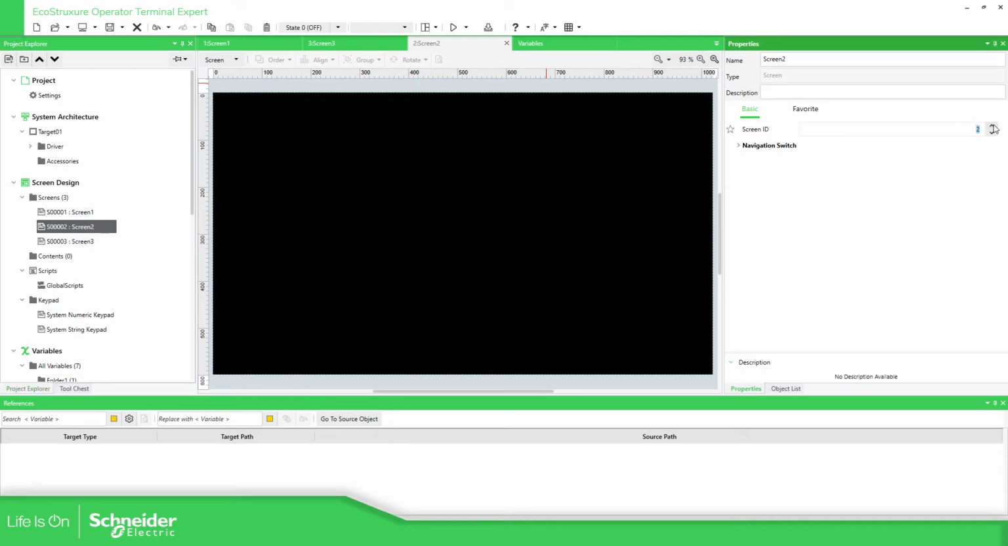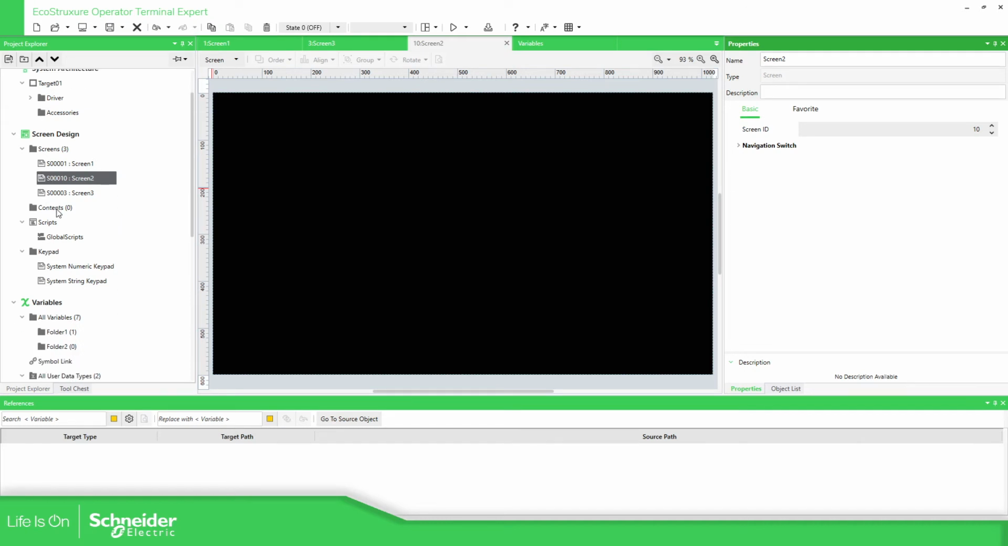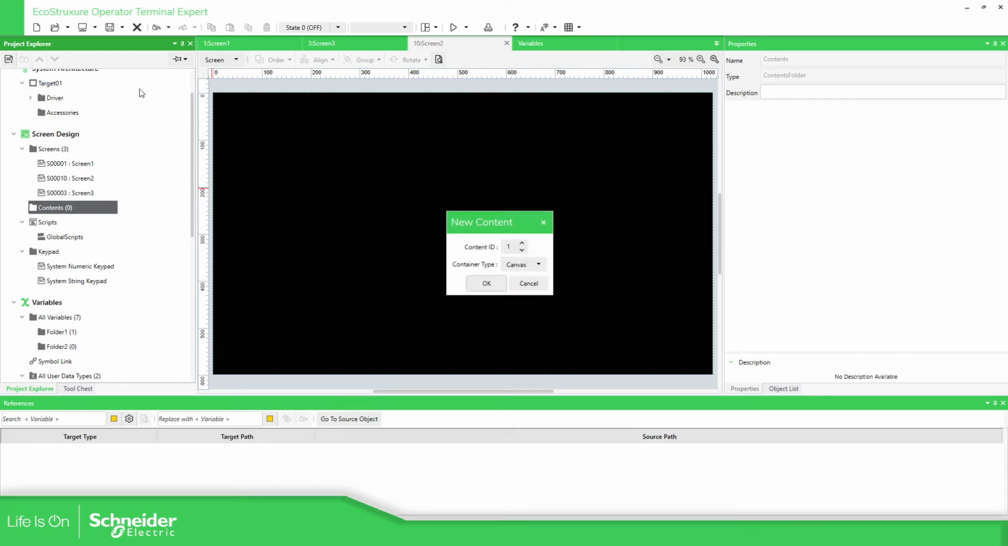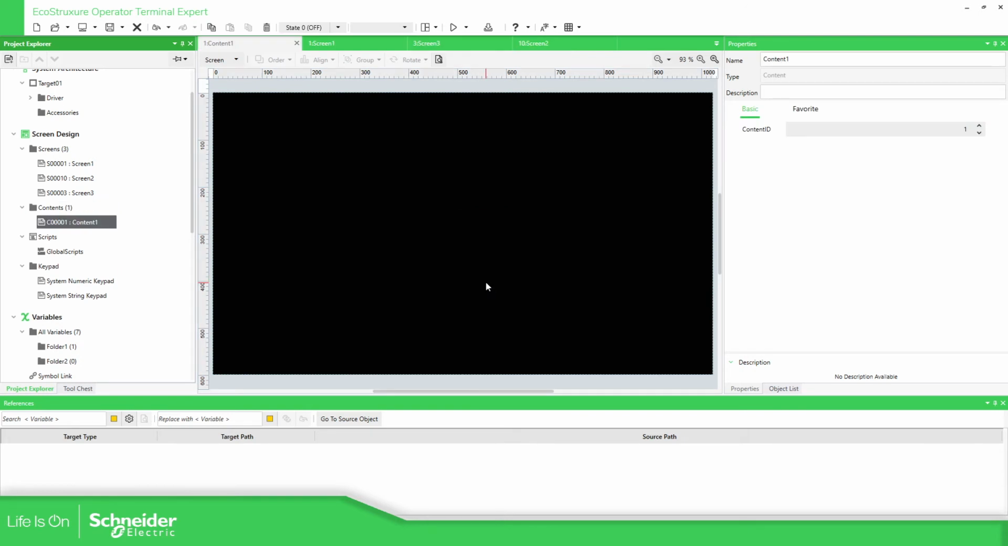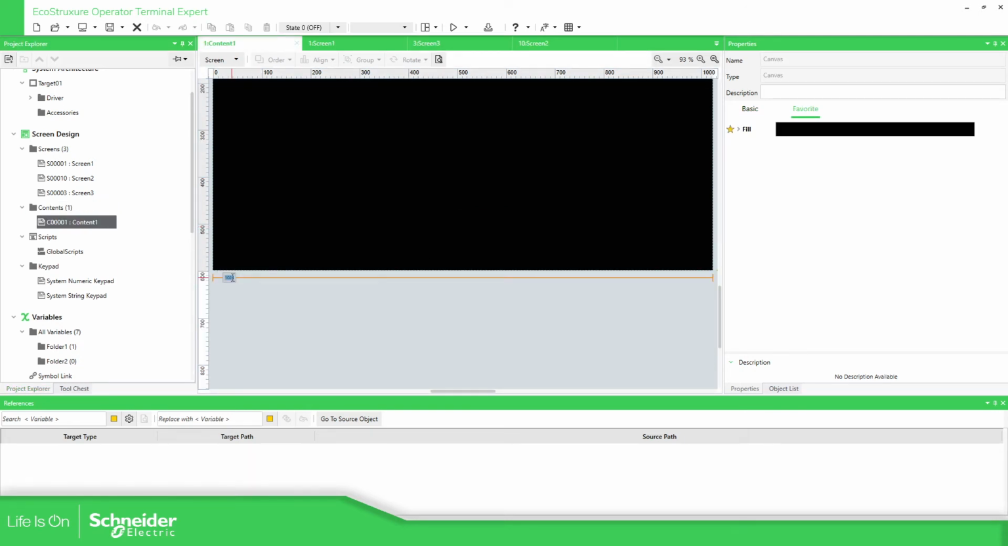For example, if I change this to 10, you can see that the ID has been changed over here. This is how you can work with this. Regarding the contents, I'm going to cover that in another video, but they are quite useful. So you just need to go over here, select that, add content. You have different kinds of contents, so I'm going to cover that later, and let me just check this. You can define the size of the content,